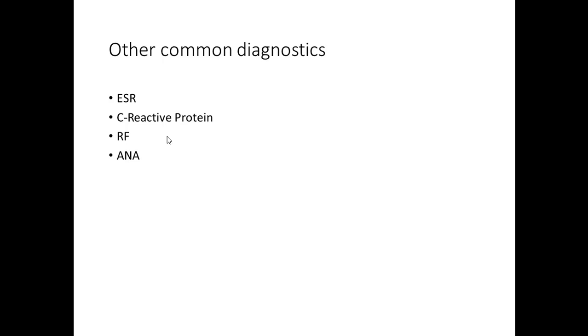The C-reactive protein, the normal is 0 to 5. This is another one that will elevate if there's inflammation, but doesn't tell you the whole story. The C-reactive protein is actually more accurate than the SED rate. The ESR, sorry, I'm used to calling it SED rate. It elevates quicker.